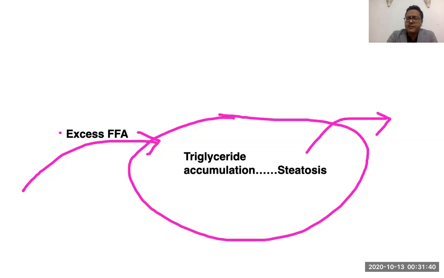Another form of intracellular accumulation of fat, particularly cholesterol, could be atherosclerosis. In atherosclerosis, there is accumulation of this lipid inside the smooth muscle cells and the macrophages. They're called foam cells, and when they accumulate in the tunica intima of the aorta or other big arteries, that would lead to formation of the atherosclerotic plaque. That's also an example of abnormal intracellular accumulation.